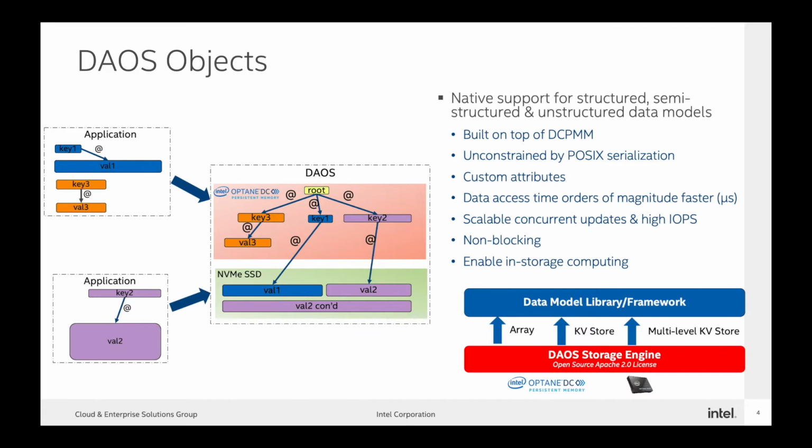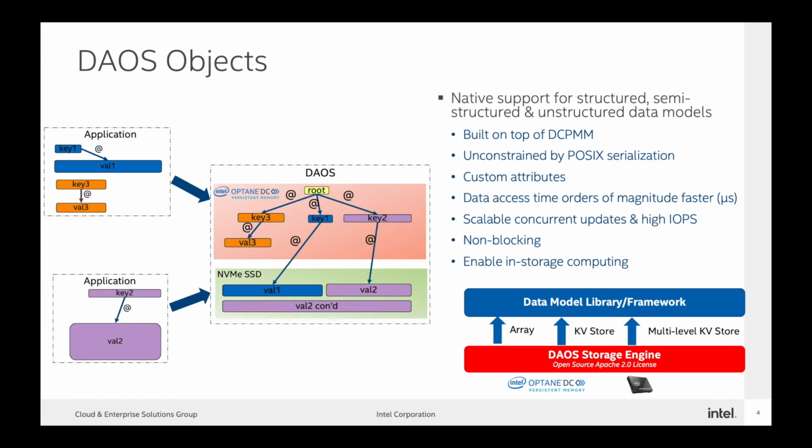So over the wire, the communication between the application and DAOS is a KV, a multi-level KV interface. There is no serialization of the data into a POSIX byte array, and from that we can bypass a lot of limitations that POSIX imposes if you are doing serialization. The data is transferred in its KV form, for example, between the client side and the server side,